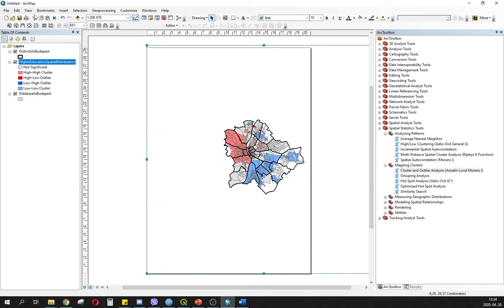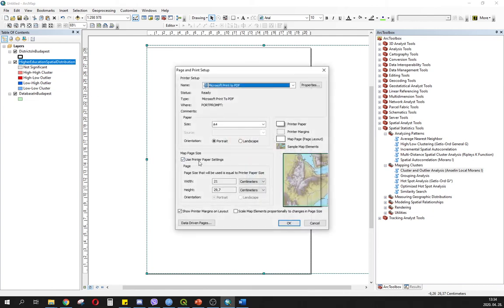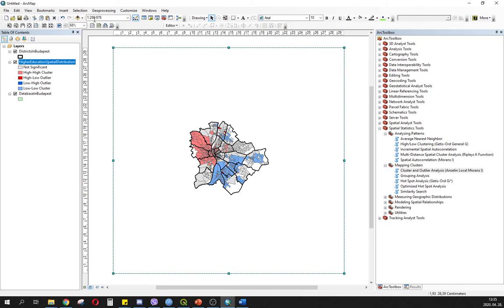Accept and OK. And click on the file, page and print setup, and click on the checkbox and width 30 also and 30 also. And in this case, the scale